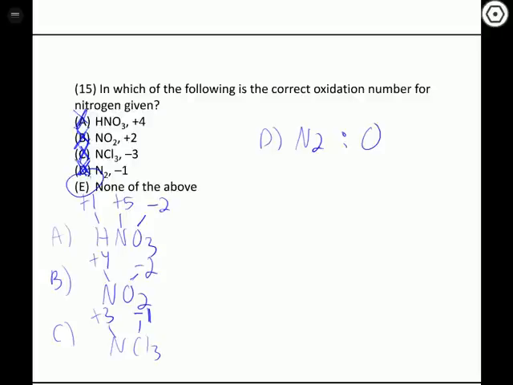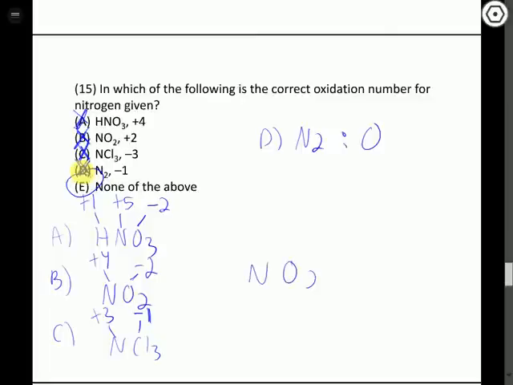So the question is, how do we get +4 on NO2? For NO2, we want to assign oxygen as -2. That's one that's almost always going to be true, except for O2 and hydrogen peroxide, H2O2. So in just about every compound, oxygen is -2. So if we have 2 -2s for oxygen,